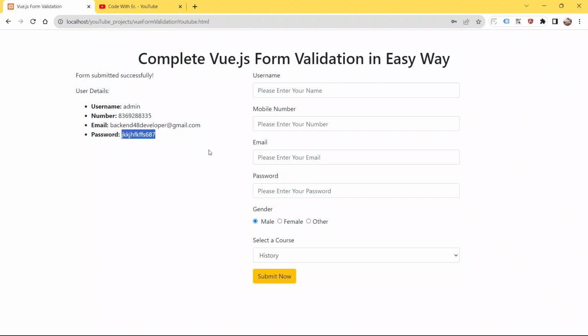So guys, in this video we are going to completely learn how to validate your client side form using Vue.js. So guys, now let's get started and let's learn. I hope guys, this video will be very engaging and very entertaining as well, so that you can watch the entire video. And guys, it's my word, it's my promise, after watching this video, after having this session, you will be well versed in how to validate your client side form using Vue.js. So now let's get started and let's learn how to validate this kind of form using Vue.js.